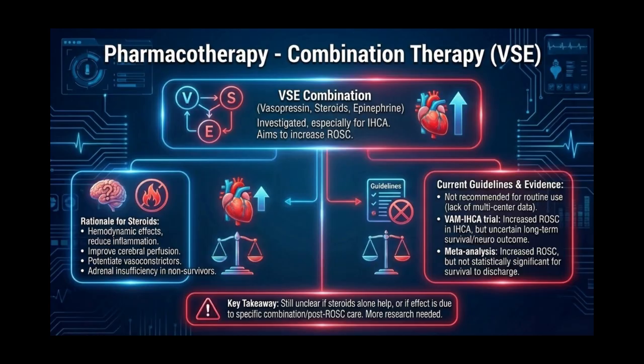Additionally, a systematic review and meta-analysis, which pooled results from 3 trials that evaluated the combination therapy of vasopressin, steroids, and epinephrine, found that this therapy was significantly associated with an increased rate of return of spontaneous circulation. While the ratio of survivors who were discharged favored the combination therapy group, this finding did not reach statistical significance. The analysis also noted benefits in lowering mean arterial pressure and increasing the number of days free from renal and coagulation failures. However, no significant differences were observed in the number of ventilator-free days among the groups.